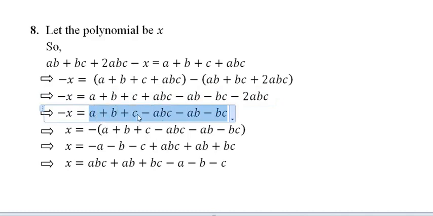Okay, no common or like terms are out here. All the terms are different. But we wanted to find the x. We have assumed the polynomial to be x, not minus x, isn't it? So what we have to do in the next line is move this minus sign towards the other side of equals to. And when you move this minus sign towards the other side of equals to, remember that you have to put all these expressions inside the bracket, as shown out here.